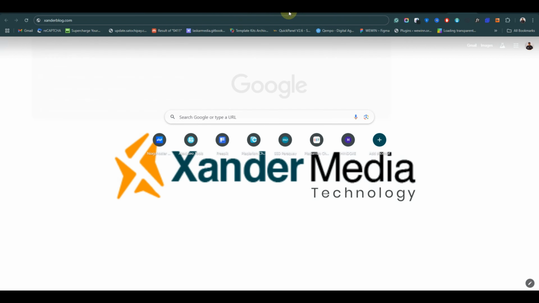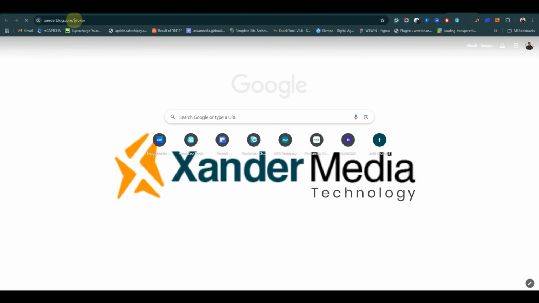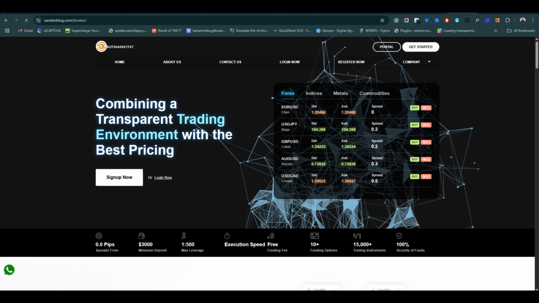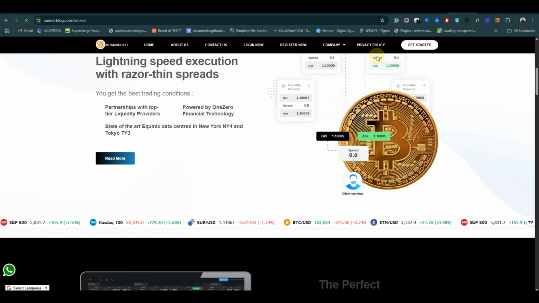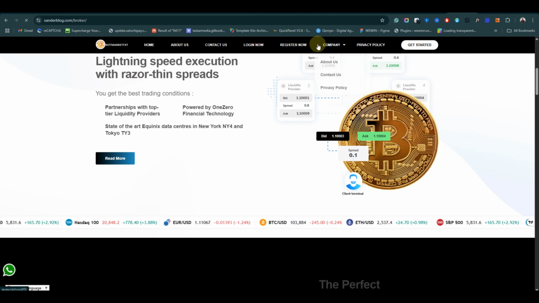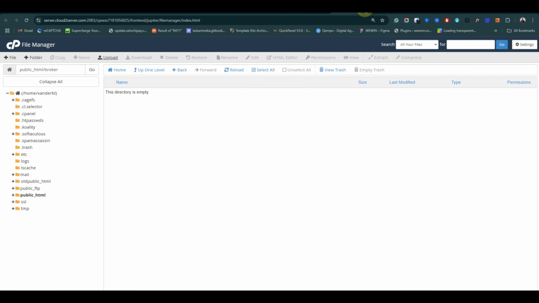So let me just input the domain. Then the page will load, but we cannot register. We cannot create an account because there is no database linked to the admin. So this is the home page here. It's loading perfectly. But we cannot create a user. If I click on this sign up or login button, you are going to be seeing this. So we have not connected our database to the user yet,